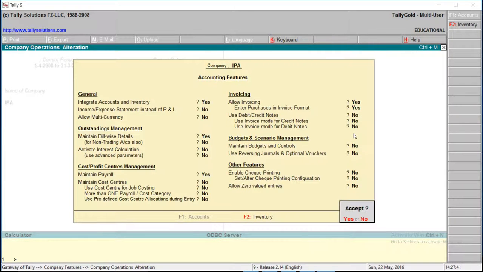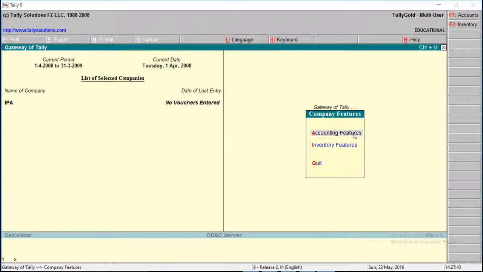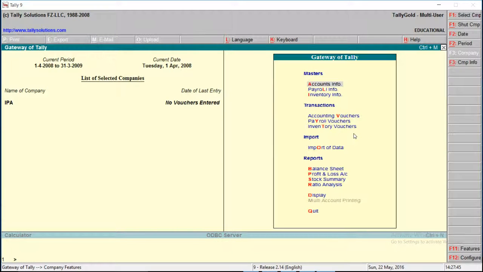Enter, enter, enter, enter, enter. You can see, go back with the escape option. We now have the payroll info via features, which is situated in the left down corner.